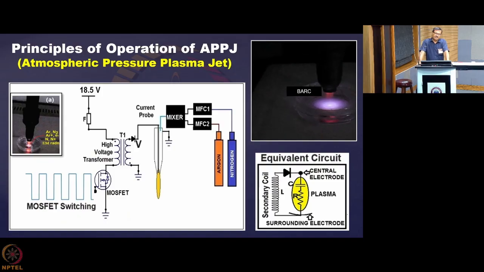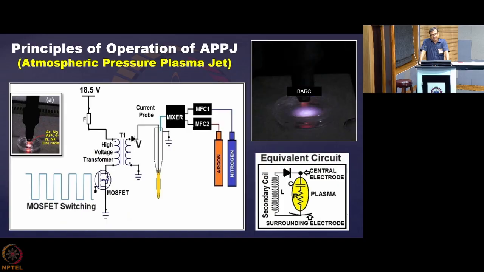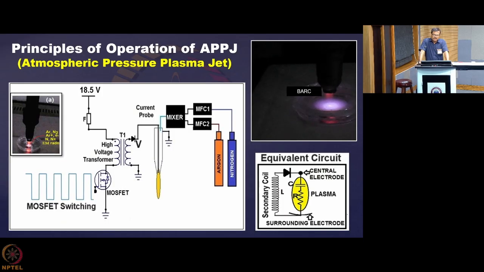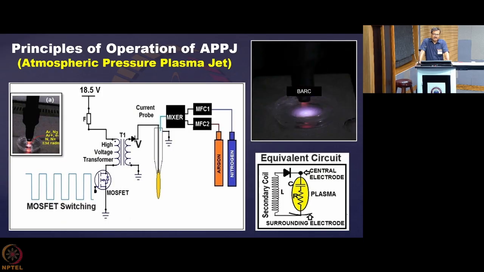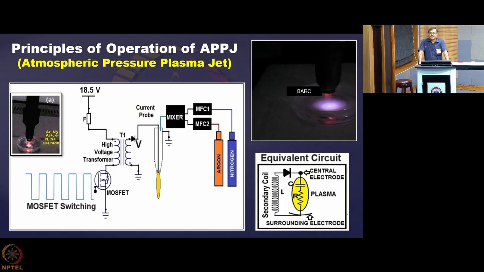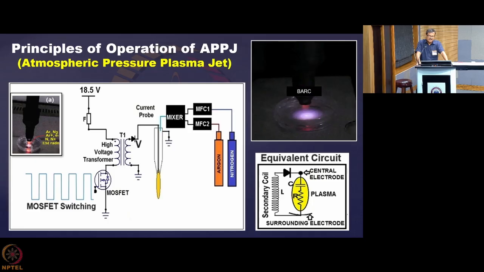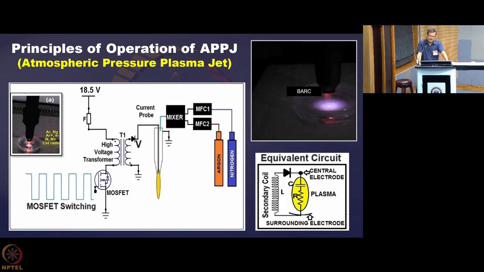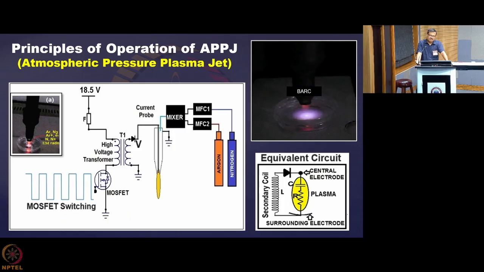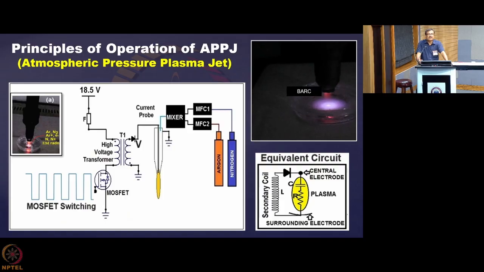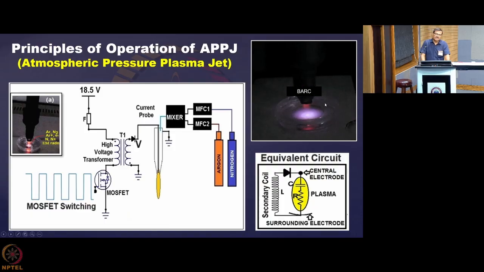but this one gives you a cold plasma where your gas temperature or ion temperature is very low, say within 100 degrees centigrade or so, but the electron temperature is very high. That may be as high as 2 to 3 electron volt. We are not sensing the temperature in our cells because the gas temperature is so low. The water that you are seeing here is not boiling because the gas temperature is pretty low.